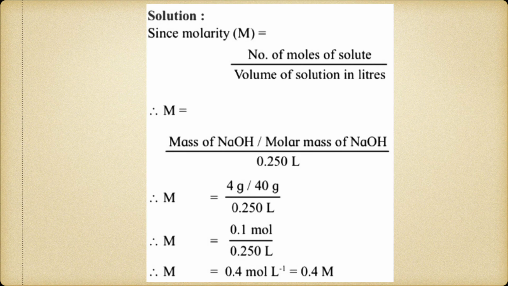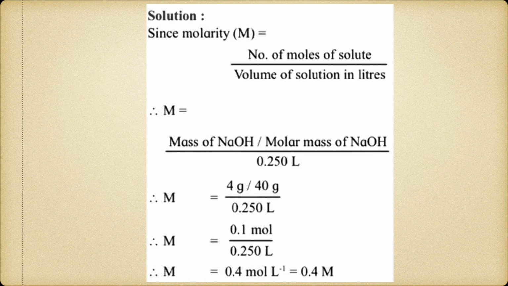So what is the number of moles of solute now? Number of moles of solute is equal to weight upon molar mass of NaOH. Given mass is 4 grams. What is the molar mass of NaOH? It is 23 plus 16 plus H is 1. After calculating that, I will get the value as 40 grams mole inverse. So the number of moles will be calculated as 4 gram upon 40 gram mole inverse.